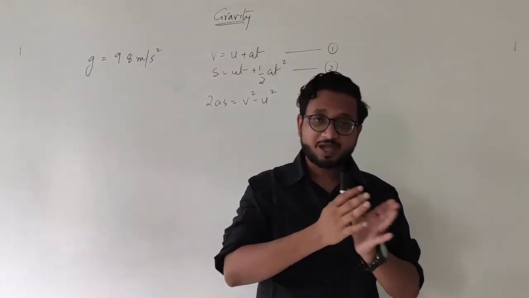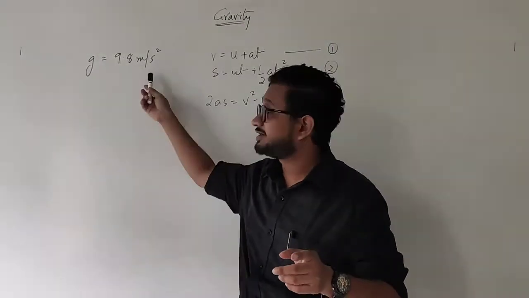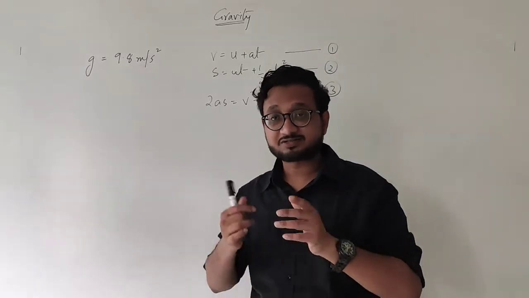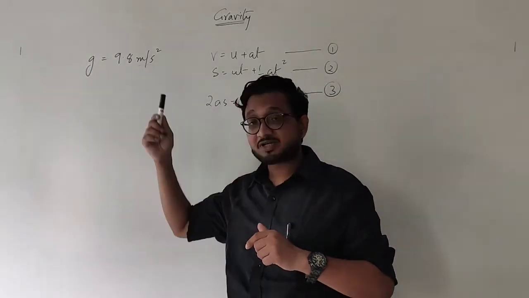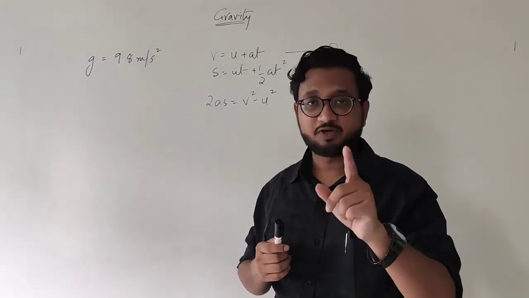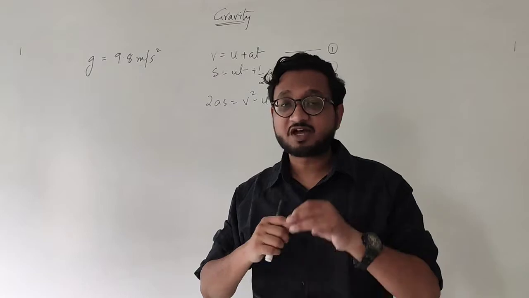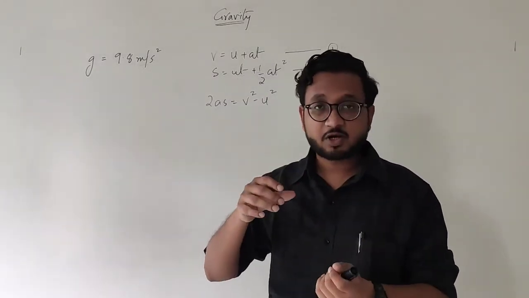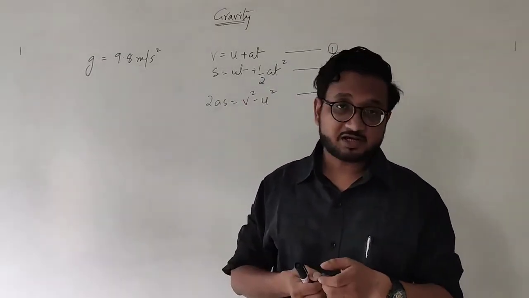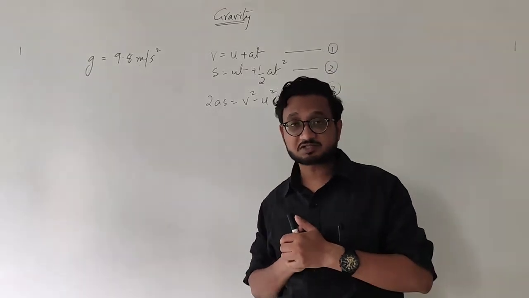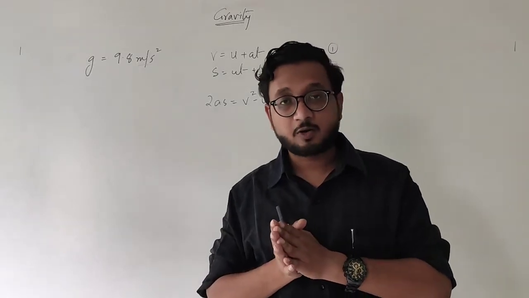If any other force is acting on the object, like the frictional force of the atmosphere, then this 9.8 meters per second square acceleration will not be considered, because at that time there is another force acting along with the gravitational force. So you cannot use 9.8 if the object is not free falling. But for simplicity, we will consider objects with very little frictional force, like a falling marker or a small ball, whether a cricket ball or a rubber ball. In such numericals we will neglect the frictional force of the atmosphere.